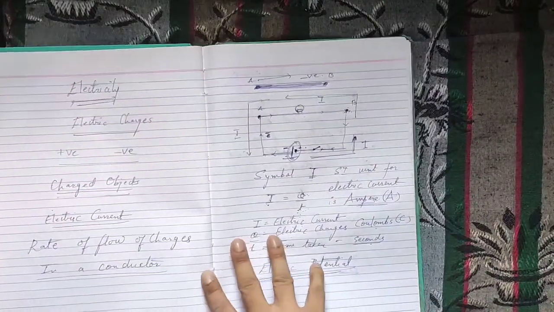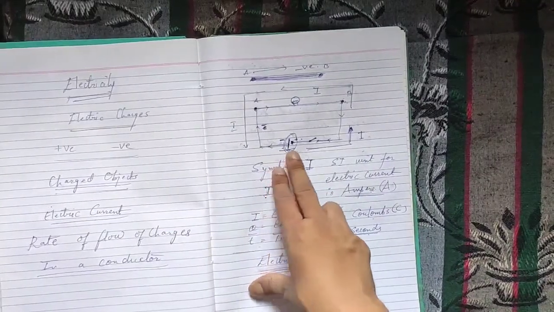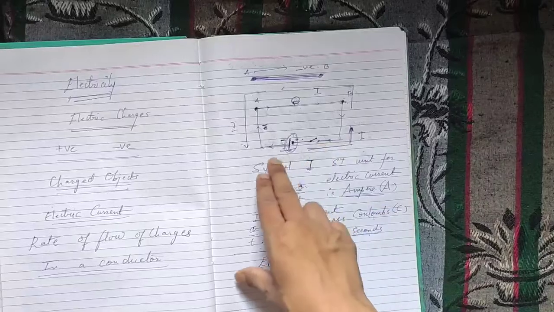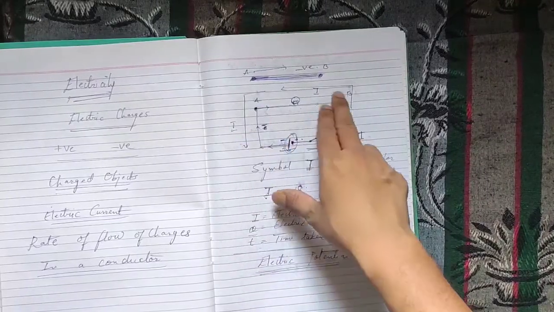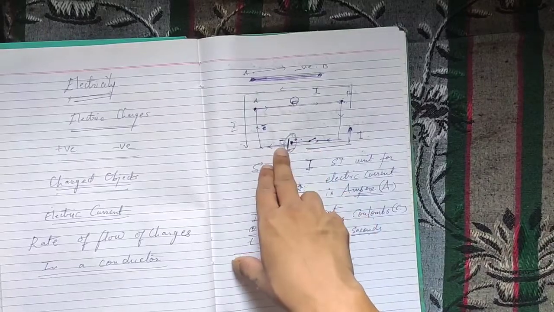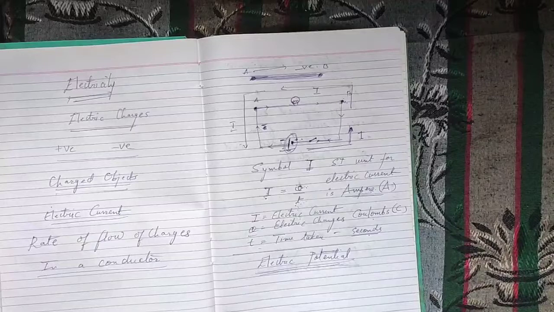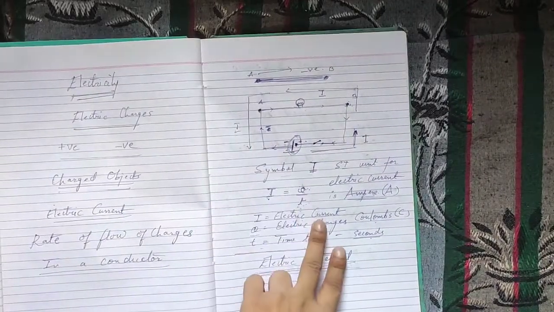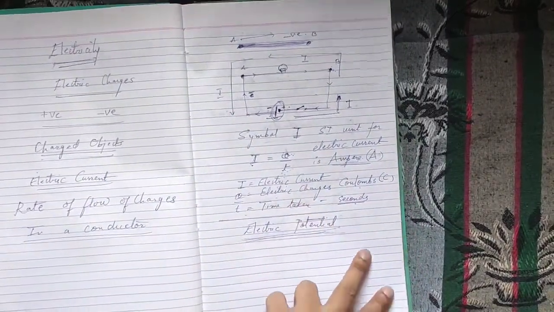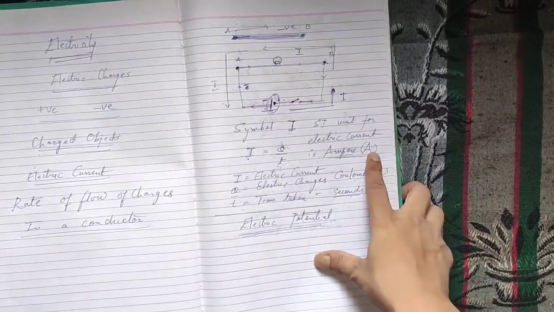So imagine this to be a simple circuit. We connected a single battery over here and a switch. From the negative point, the charges flow toward the positive point as soon as we switch on the circuit, but the current starts flowing in the opposite direction. So this is how the current flows in the circuit, passing through a conductor. The SI unit of electric current is amperes.